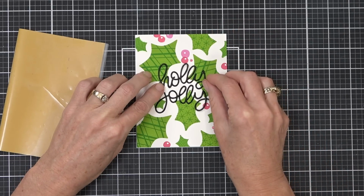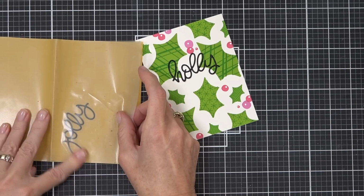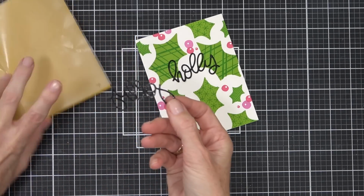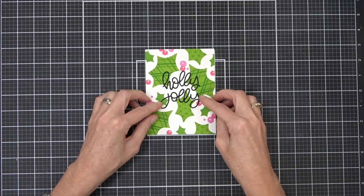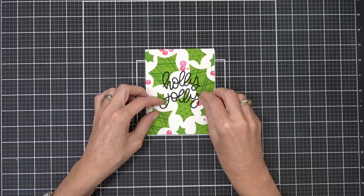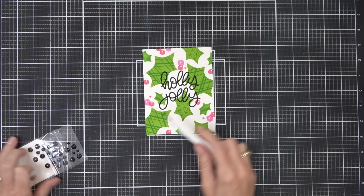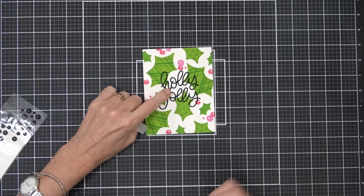So use whatever you have. A matte medium would work just as well. I am going back and forth between the two at the moment. I particularly like these sticky dots if I'm using a vellum, because you can't see them. It's like magic. Now, rather than try and layer up the tittle for the J, I actually just came in